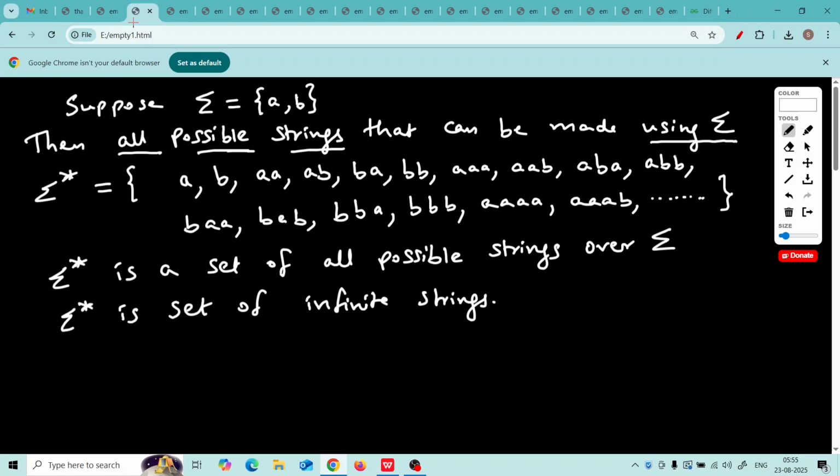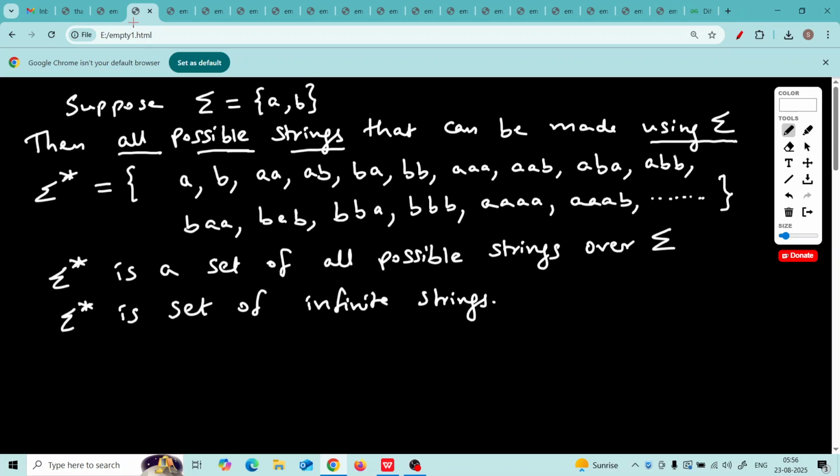In this, we have taken A two times, but we have not taken B. Next, the fourth string, AB. We have taken A once, then we have taken B. Next, the fifth string, BA. We have taken B first and then A. Are you understanding? We can take these letters A, B in any sequence to form the string.